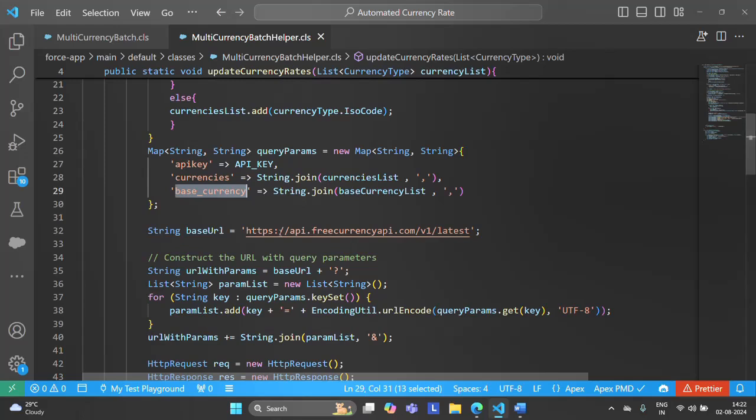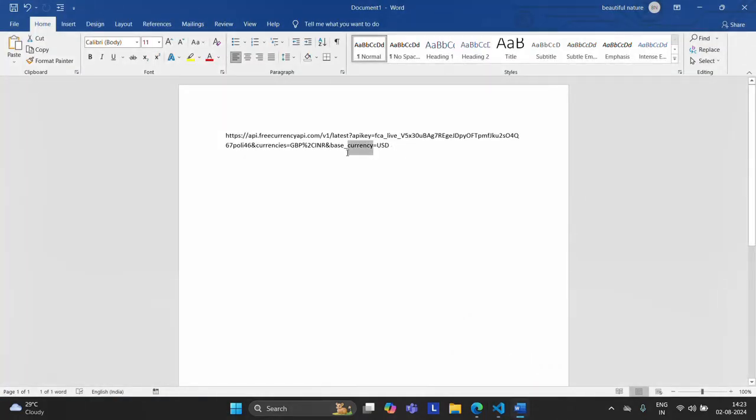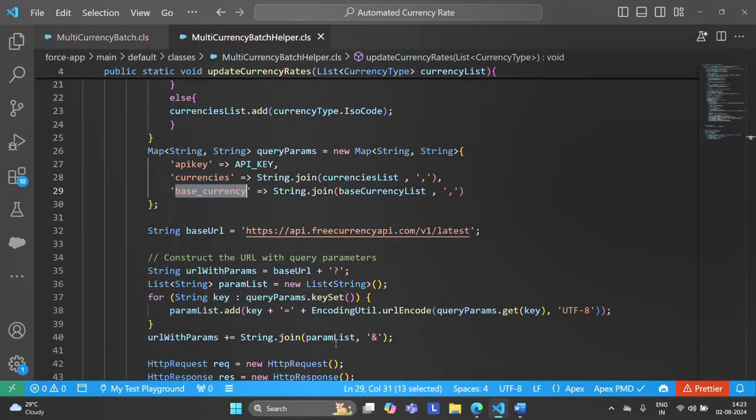Now after doing that, I need to create the base URL. Our base URL is this. After declaring the base URL, you need to attach all the parameters to this base URL and create the URL like this. So how will you do that? For that, you need to create a param list, a list of type string, then loop over this query param key set. This query param is this one, right?